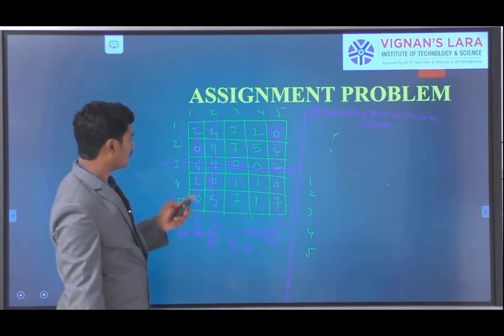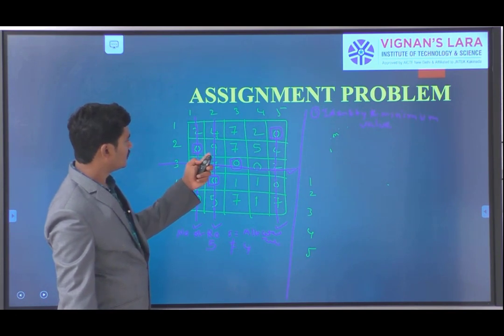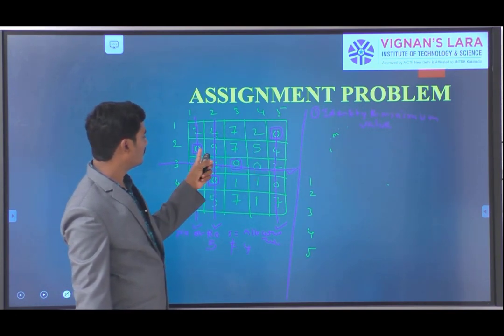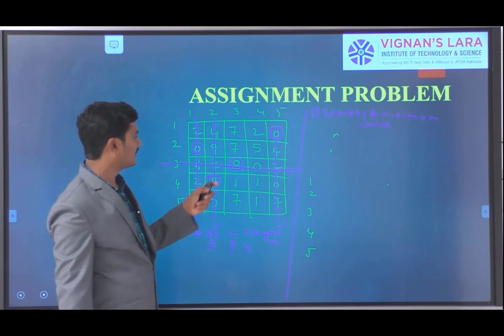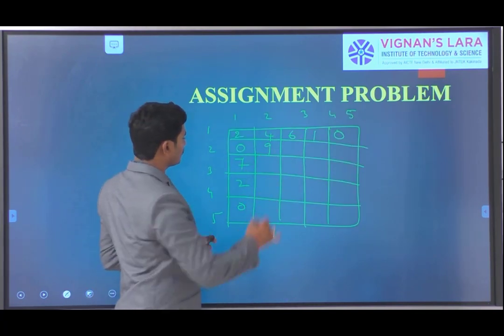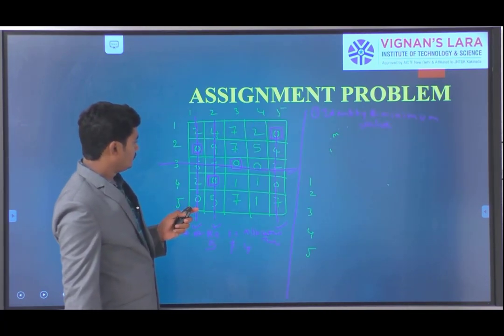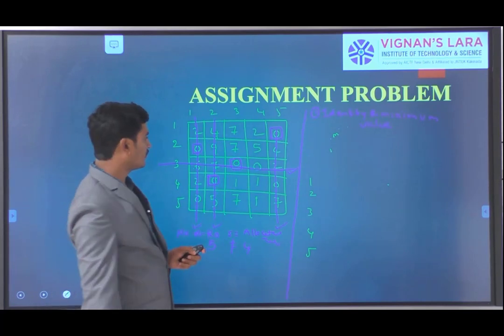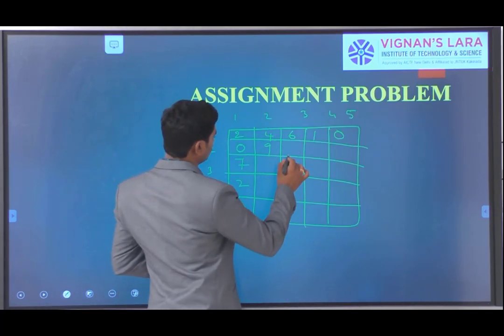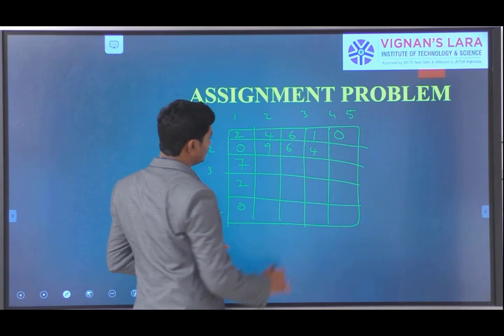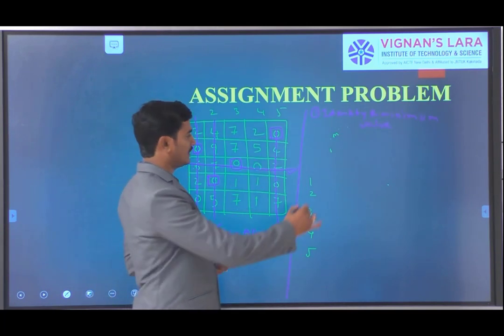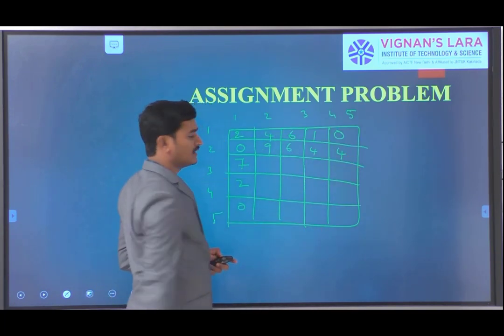Next, here what we have is 0, 9, 7, 5, 4. Here 0 has a single line and 9 has a single line, so we take them as they are. Next, here 7 and 5 have no line, so we subtract 1 unit from them, giving 6 and 4. Next, here 4 is there with a single line, so directly we take it as it is.